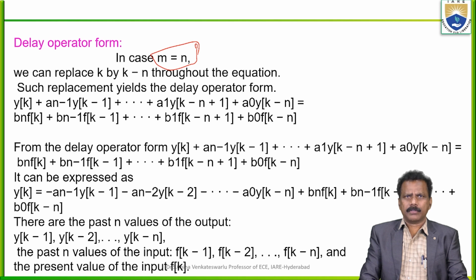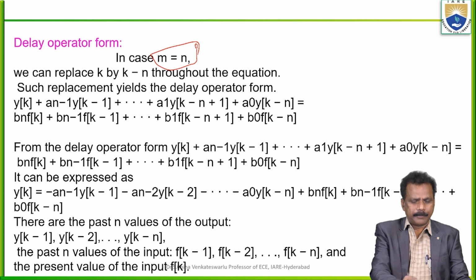It is also equal to bn f of k plus b(n-1) f of k minus 1